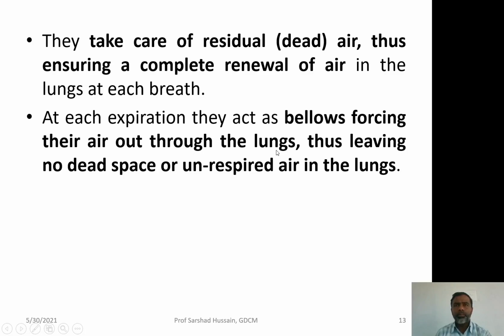So, if you compare the lungs of the birds with the lungs of the mammals, they have the alveoli which are having the blind end. Though the alveoli are the main site of the respiration, because they have the blind end, some of the residual air always remains there as a dead air after each breathing, which will not be a good sign for a healthy respiration, because some dead air may remain inside, which is not exchanged after every breath, unless you blow it out forcefully. But in case of the birds, because of the air sacs, the lungs are completely replaced with fresh air during every breath.